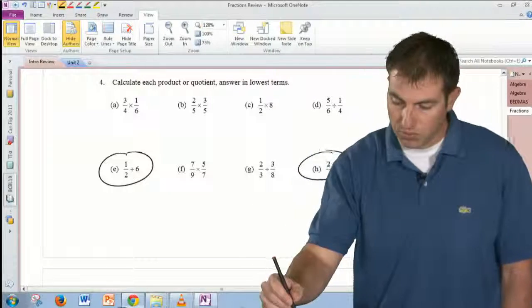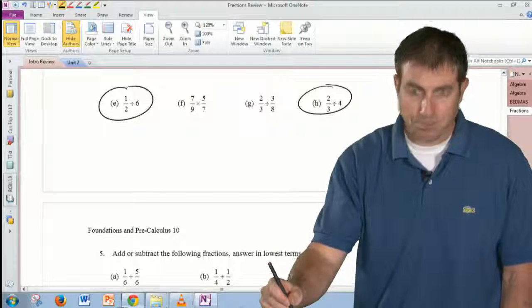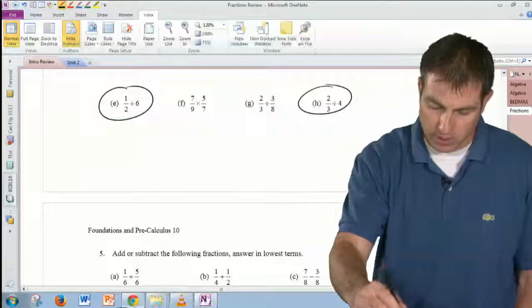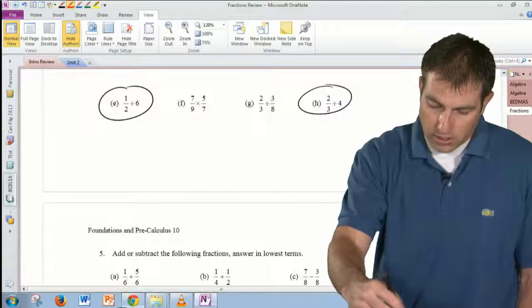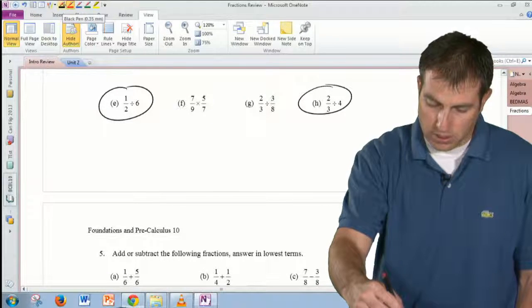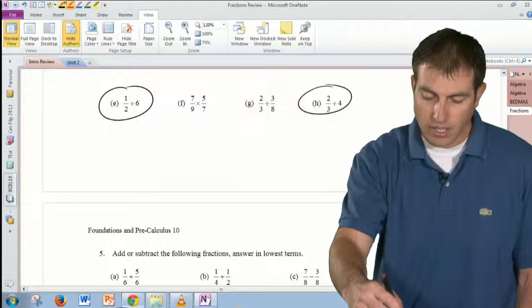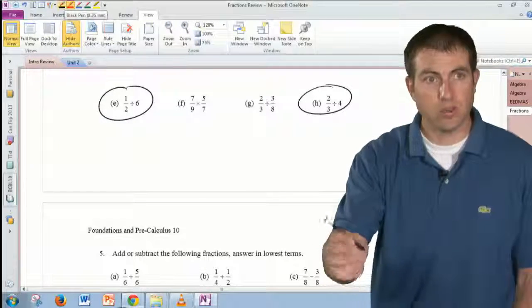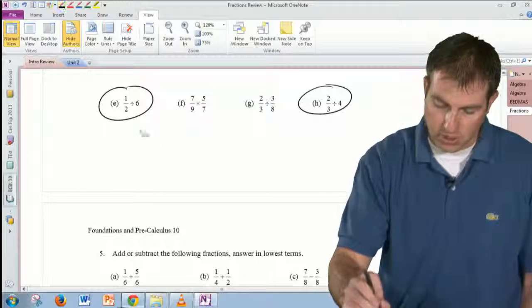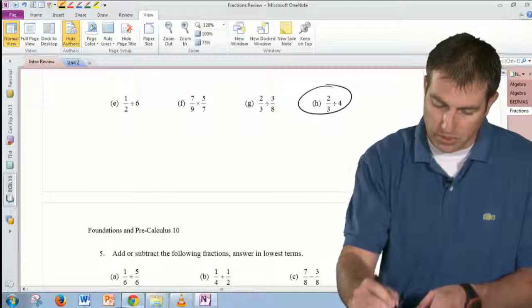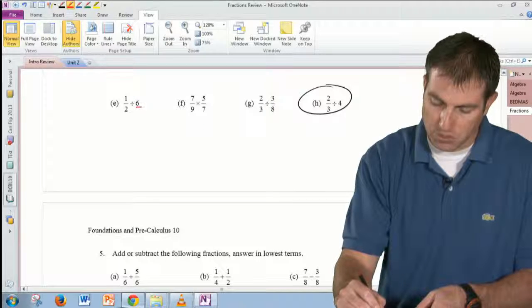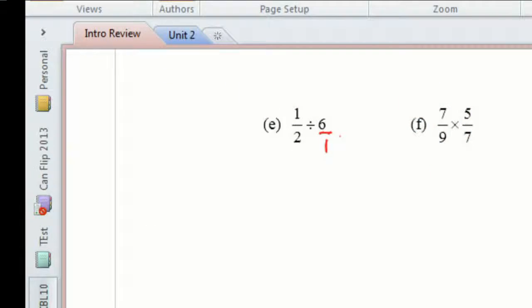So hopefully these are the questions you're looking at, Damon. I'm just going to go through them anyways, because I haven't done anything on this sheet yet. The question here, 4e, asks us to take a half and divide it by 6. Remember, anytime we're dealing with a fraction or just a whole number, in this case the 6 is just sitting here, we can always write 6 over 1, because 6 divided by 1 is 6. We can write it as 6 or 6 over 1. They're both the same thing.